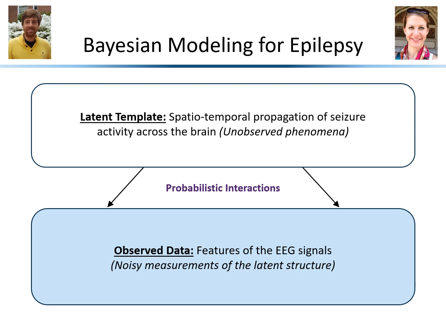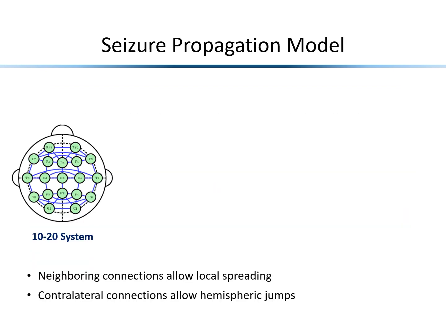So I'm going to start by describing the latent template, our propagation model. Here on the slide, I've illustrated the channels that we're looking at, the EEG channels, which are marked in circles. This is the 10-20 International System, which is the most common montage used for epilepsy monitoring in the hospital. And on top of this montage, you notice these blue lines, and this creates a graph of seizure